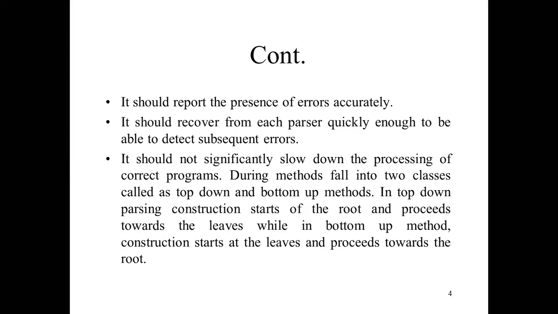So we can say that the parsing methods are two types. First is called the top down parsing and another is called the bottom up parsing. In top down parsing, we will start from the root node and move toward the children node, or we can say toward the bottom node. In the case of bottom up parsing, the method is just reverse, just opposite. First in this case we will divide our program, and after that we will implement the tree structure, and it will start from the root node.